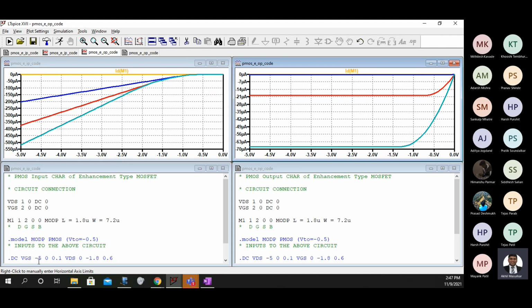Now the only change here is that your VGS is going from -5 to 0 and VDS is going from 0 to -8 in steps of 0.6. Please plot this and put this in the chat box.